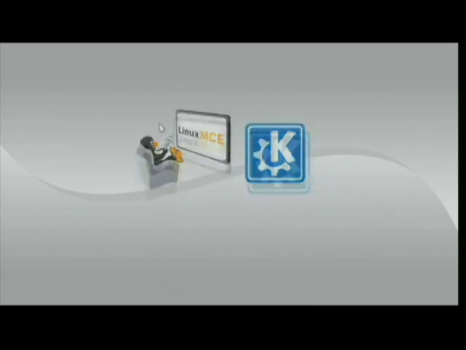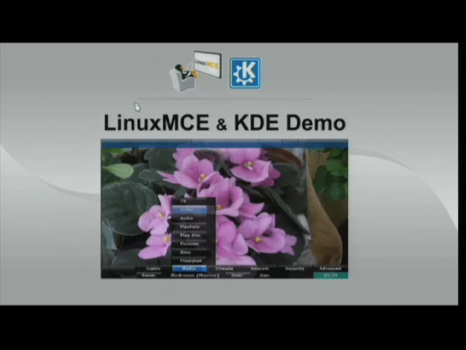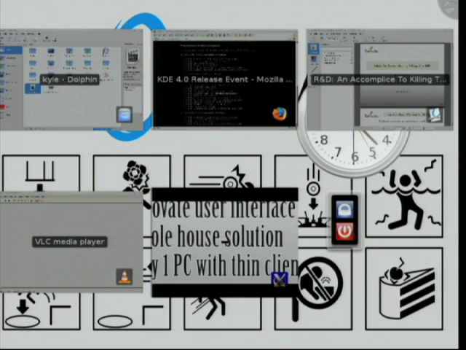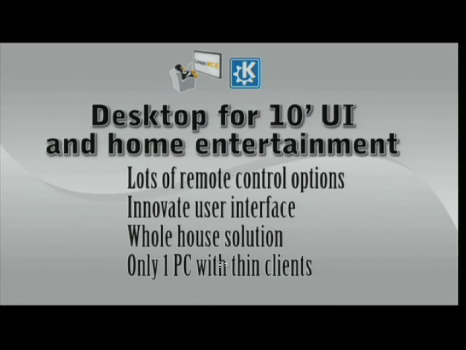And this shows how Linux MCE has now been integrated into KDE. Whoops. Okay. It'll start in 1 second. Is my mic